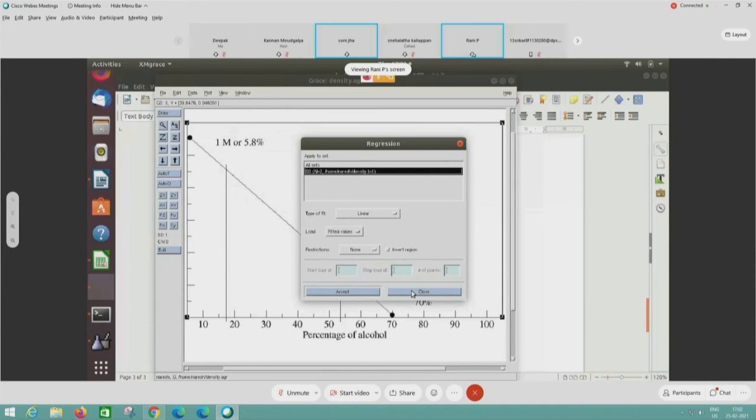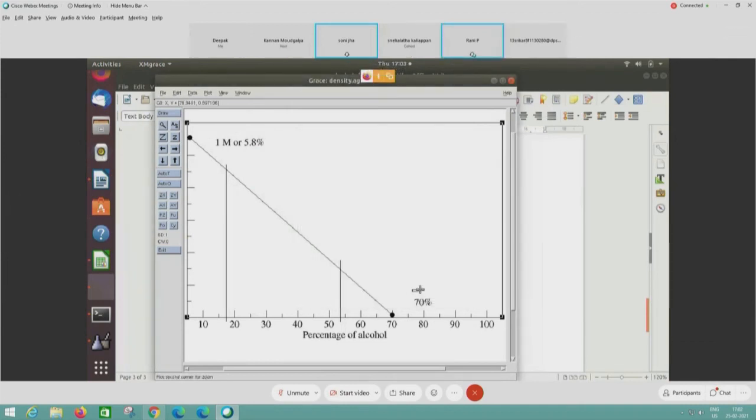Is it an app or any software? It's a software. It's the second generation of XMGR, called XM Grace or Grace. It's available on the Spoken Tutorial website, and tutorials are available for this.